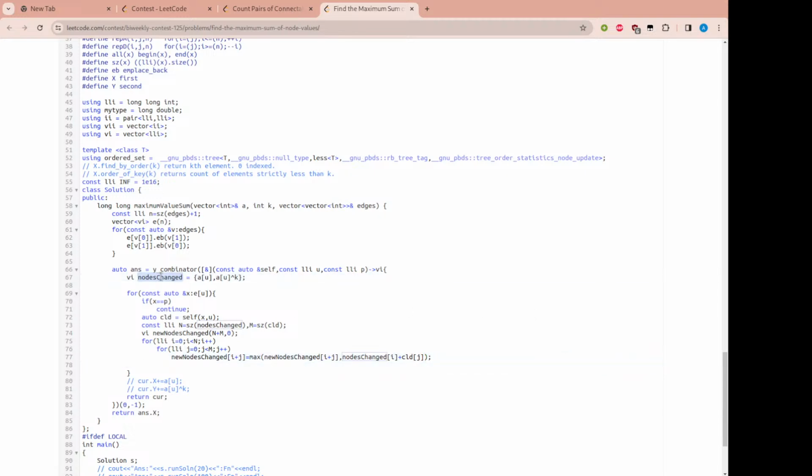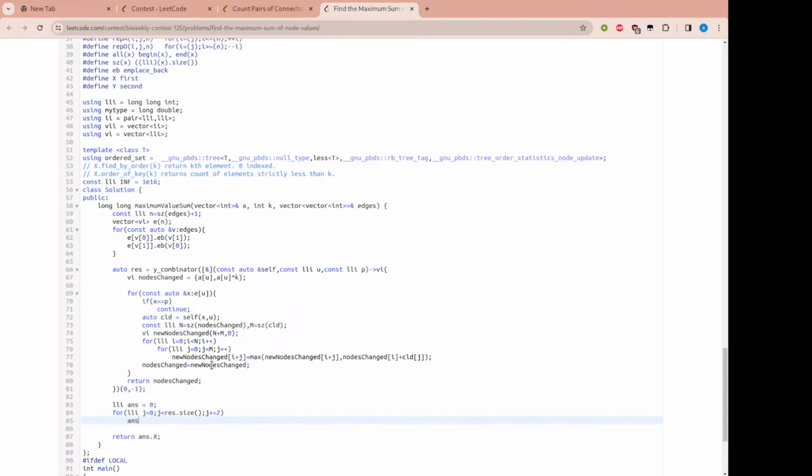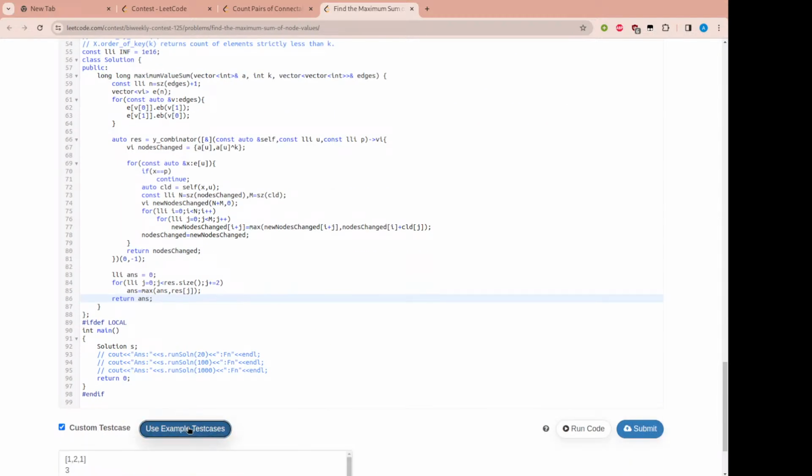And now we should replace node change after adding all the child nodes over here. And now my answer is that even number of nodes should change. Like, this will get a TLE, but like